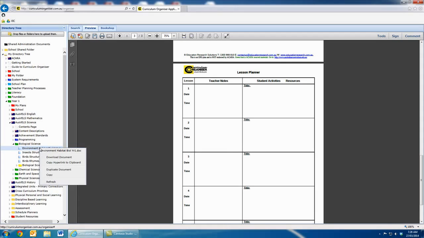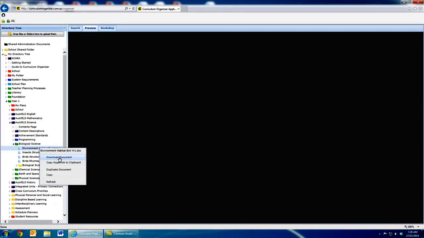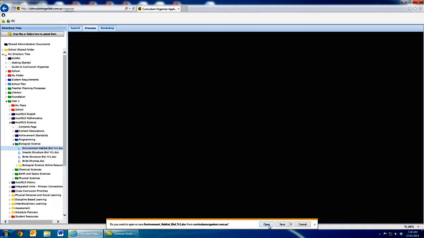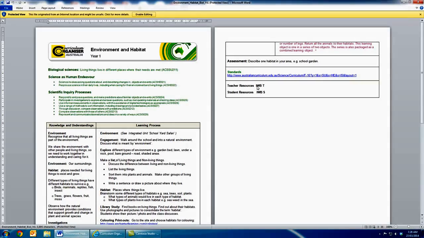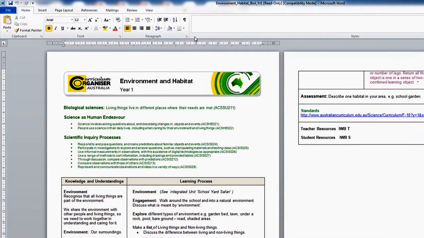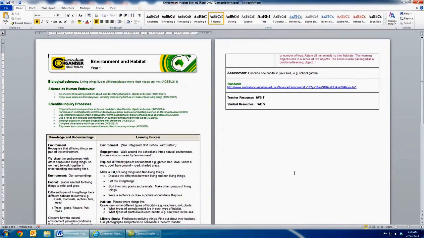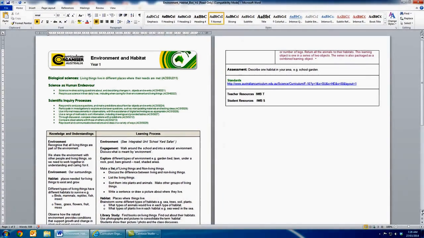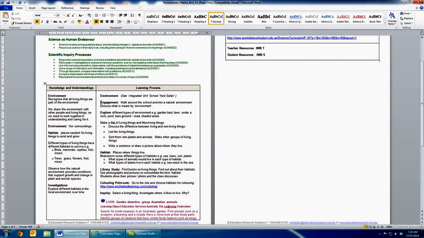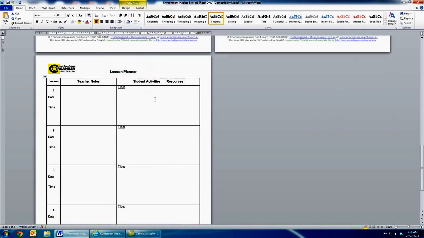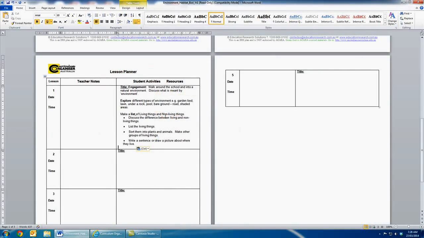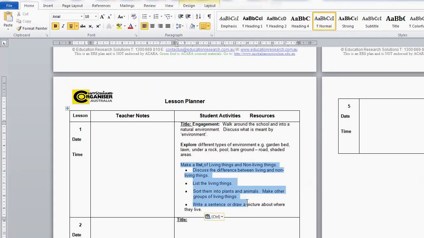The menu in this case has given me the opportunity to download a document. So I click on download document, which means that the document is then converted from a PDF online document to an offline document presented in Word. It is now a Word document, and so teachers are able to then copy and paste the documents and paste them into their lesson plans,